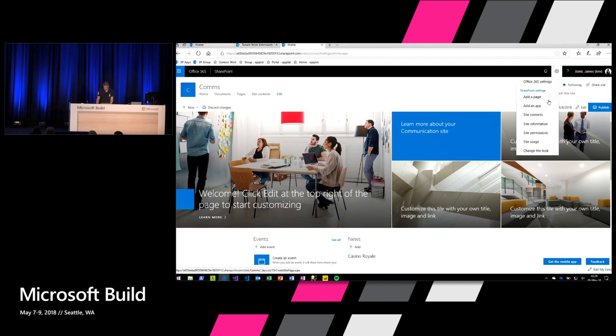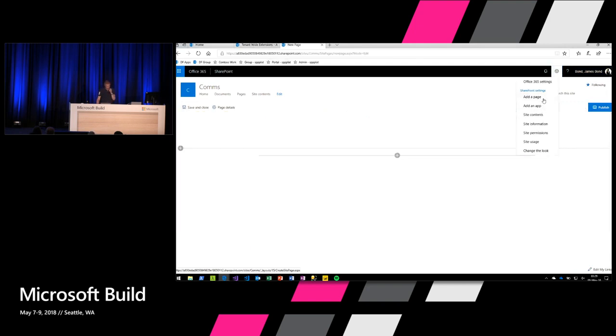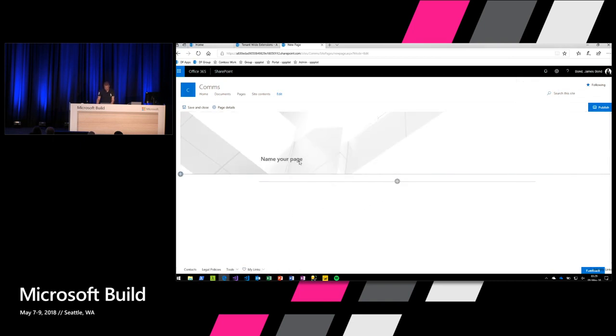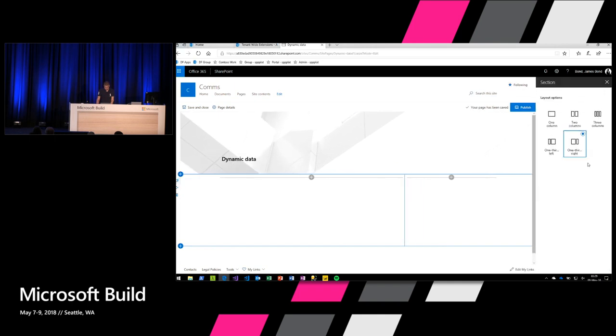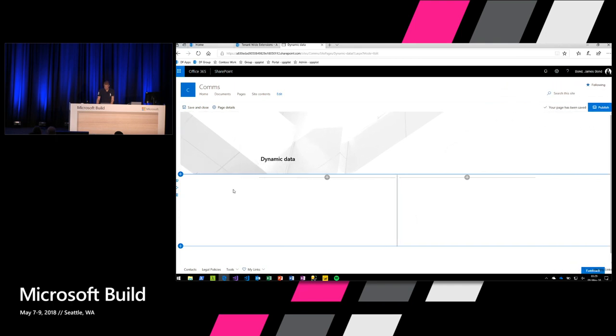So let me create a modern page. Let's call this, for example, dynamic. There we go. Dynamic data. And let's actually create two columns. Let's change that to be completely 50-50, so we can make that layout slightly nicer. And on the left side column,